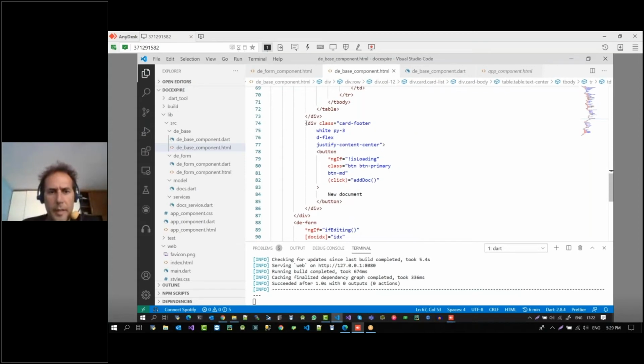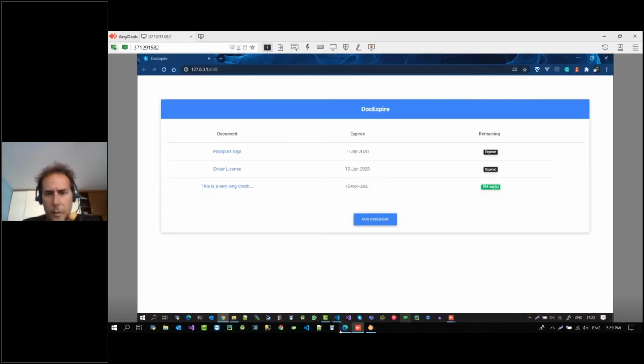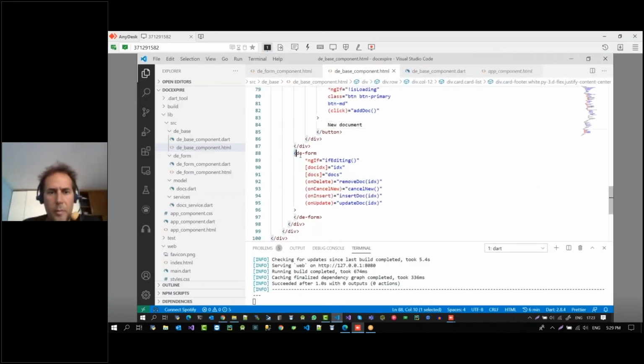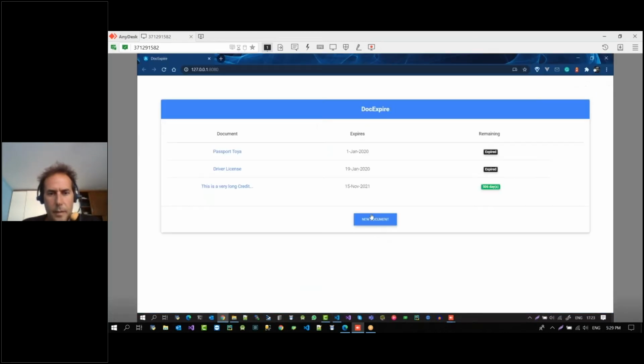If we continue to look at the HTML, we have also the button for the new document. So if we have a look at that, which is this one here. And then we have this deform component. So this is hidden. So you don't actually see that in the main component. And this is a secondary component, which we'll have a look at shortly. And it basically is this. So when we click on the new document button, we get the second component, which is that